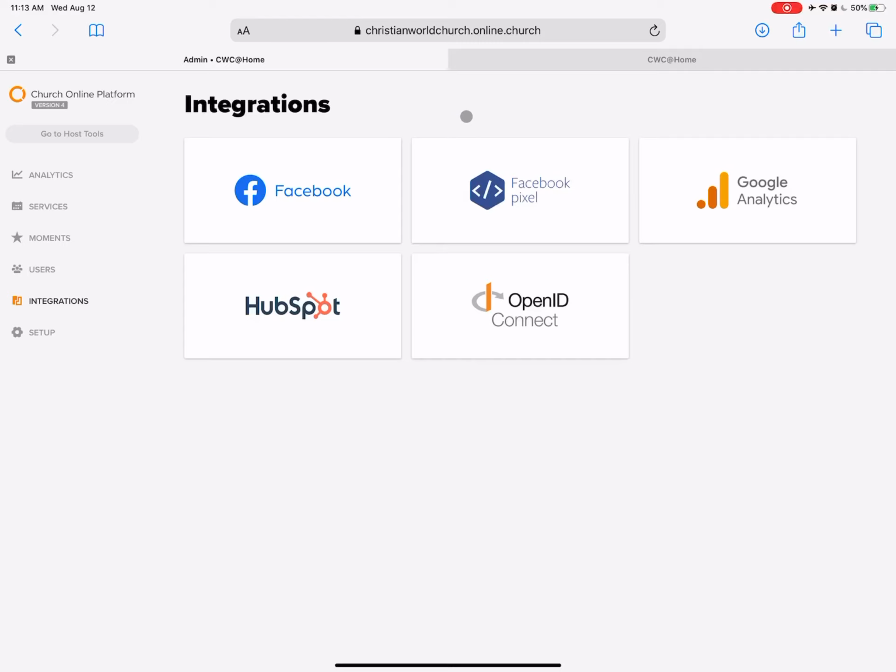I want that now. And one of these may even allow us to engage with Facebook comments. I believe that's something I've heard. So it can kind of join our Facebook and Church Online platform. If that's the case, definitely want that. Okay, I'm going to go ahead and push pause there, and we'll